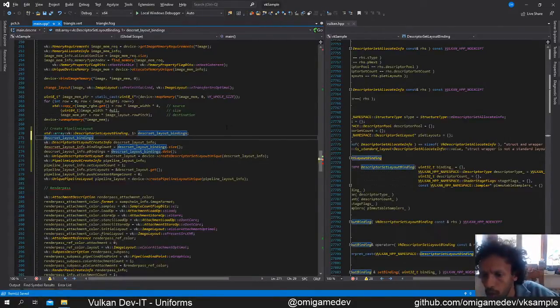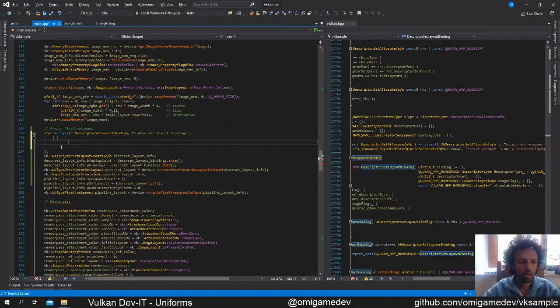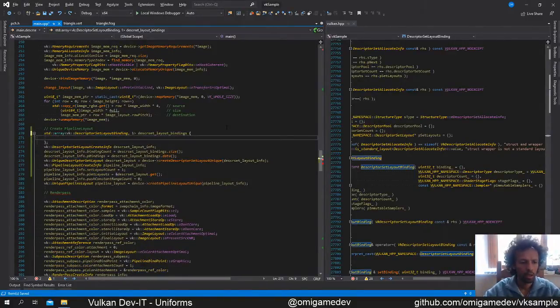So descriptor type, descriptor count, shader stage flag, mutable. Not really. There's not much going on there. So I guess we can just quickly